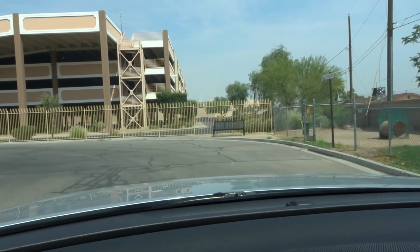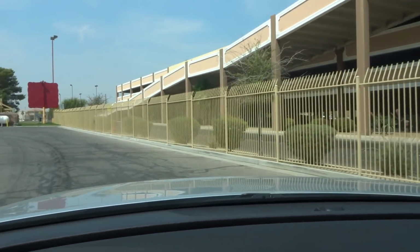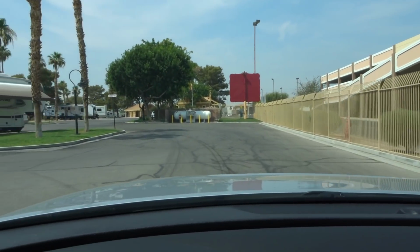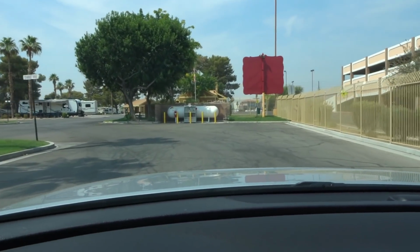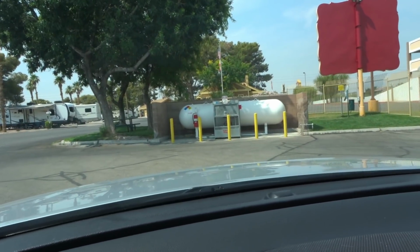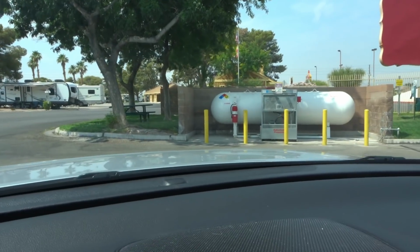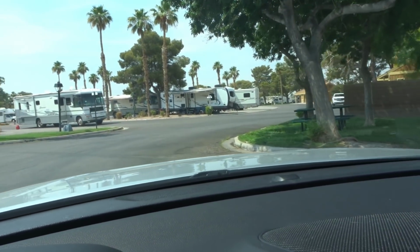Also, they have a propane station, which is right here. So if I need propane, it's easy in, easy out. And their propane right now is $3.85 a gallon. Kind of high, but